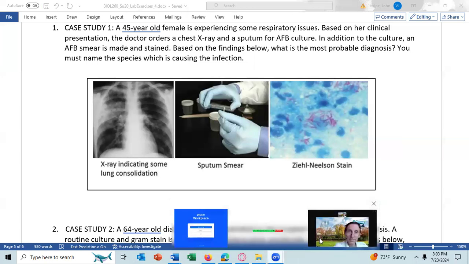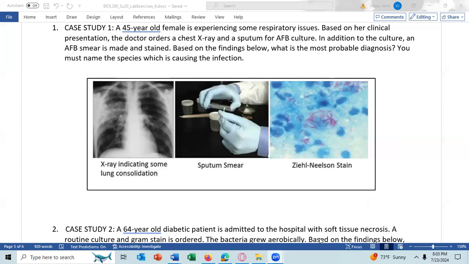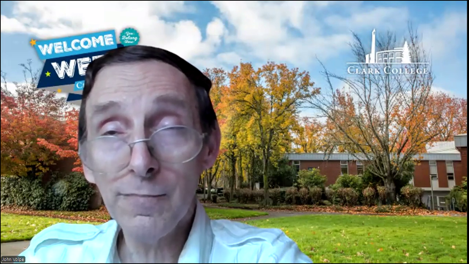Well, that didn't work. All right, let's not end it, but stop the share. Stop the record. All right, let me remind you, you only should be submitting the worksheet for the lab. If you submit the lab module, you get a penalty because if everybody were to submit the lab module, my Canvas website would become full and then you students would no longer be able to submit your assignments. So please only submit the worksheets.